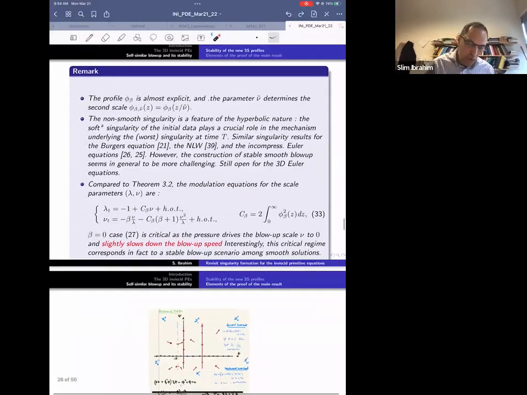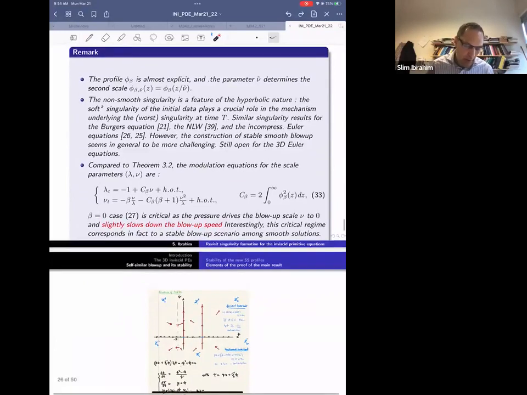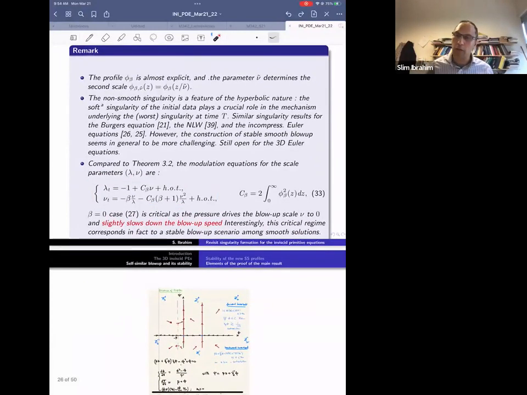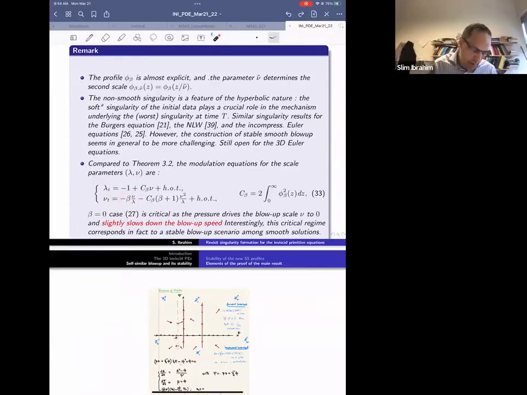Now if you look at this subcritical regime and look at the dynamics of this scaling parameter, you see the difference with respect to beta equal to 0. So lambda t is -1 plus higher order terms, and lambda is basically T minus t. However, for nu t, the dynamic of nu,